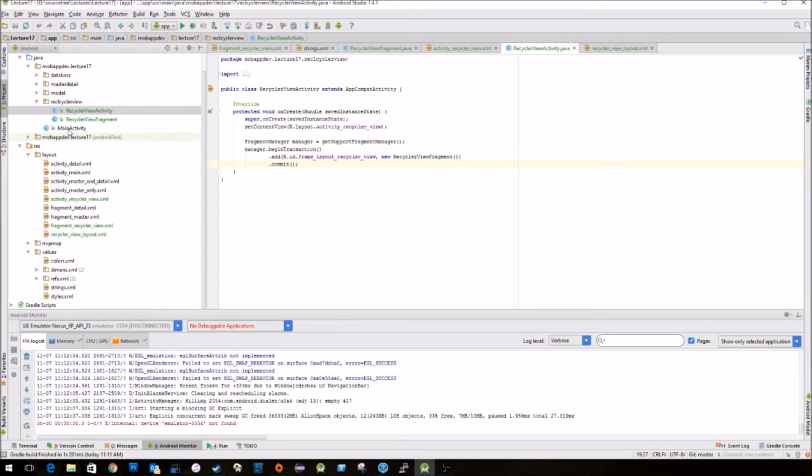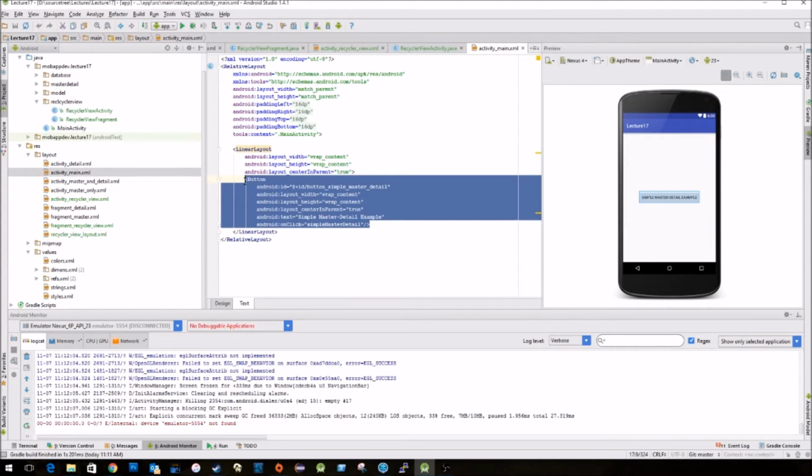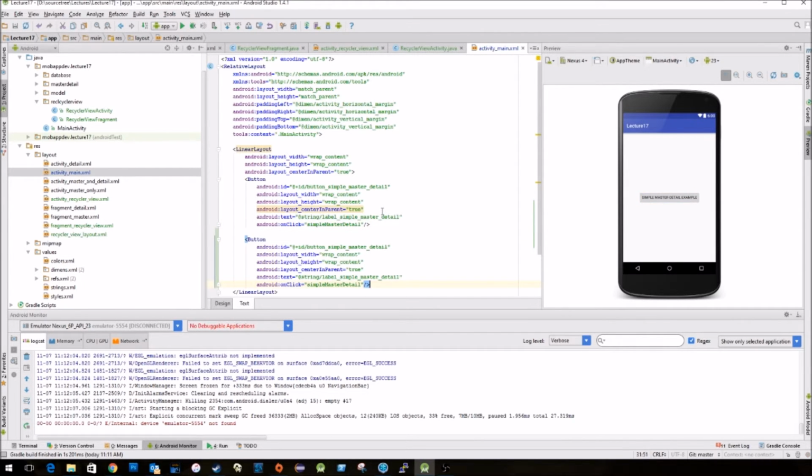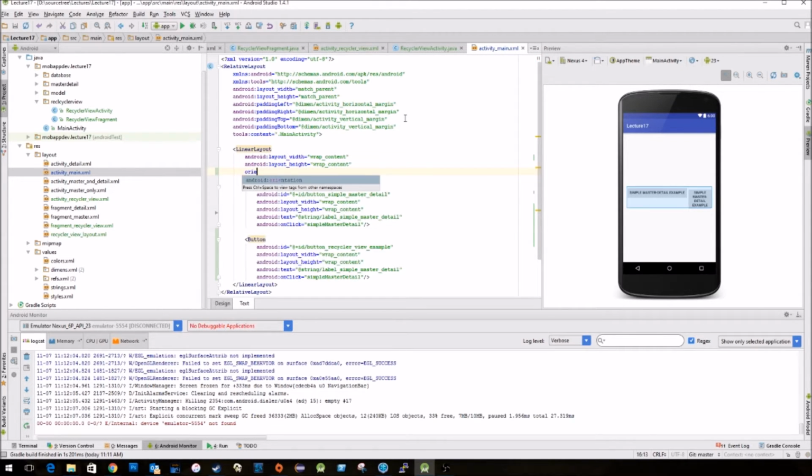The last thing I need to do is go very quickly into my main activity. I'm going to copy the button that already exists in here, and I'm going to add a new button to launch my RecyclerView example, and I'm going to set the, oh, sorry, this is a holdover. I'm inside a linear layout, so I shouldn't be using the center and parent attribute. I want the buttons to display one on top of another. Let me set my orientation to vertical,